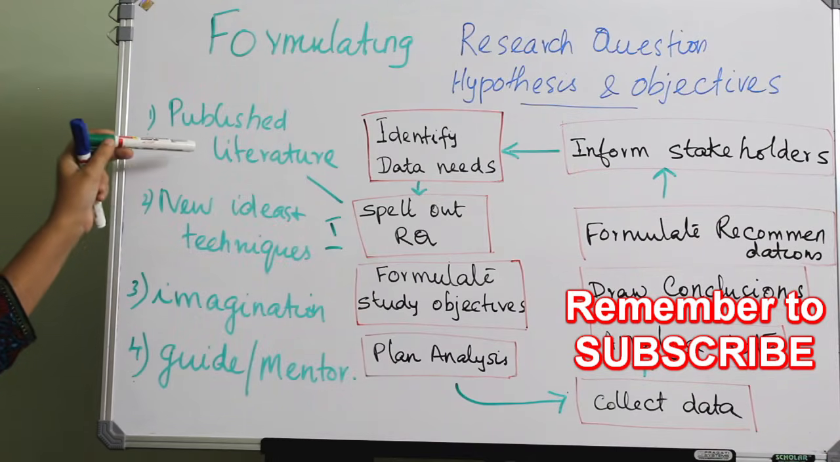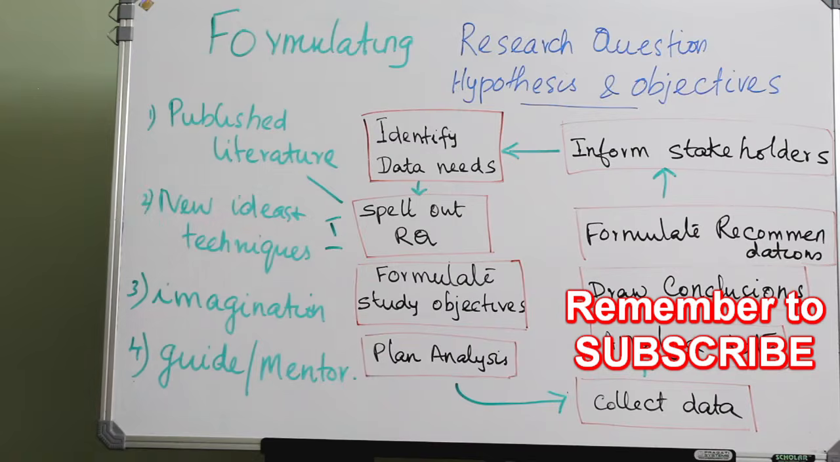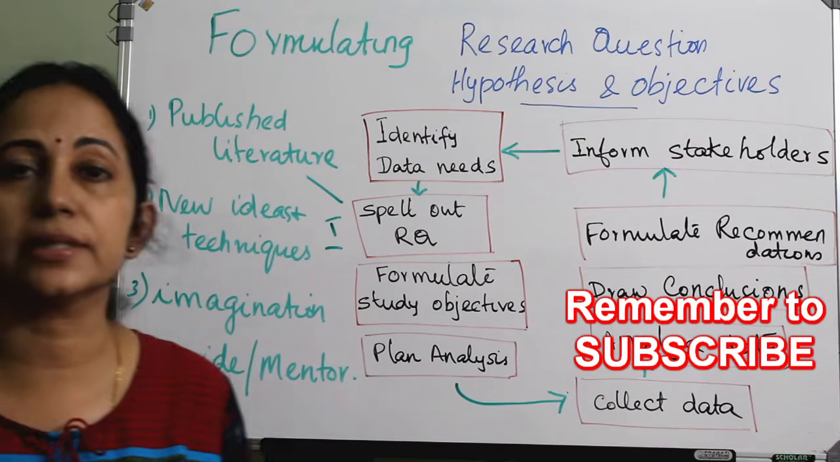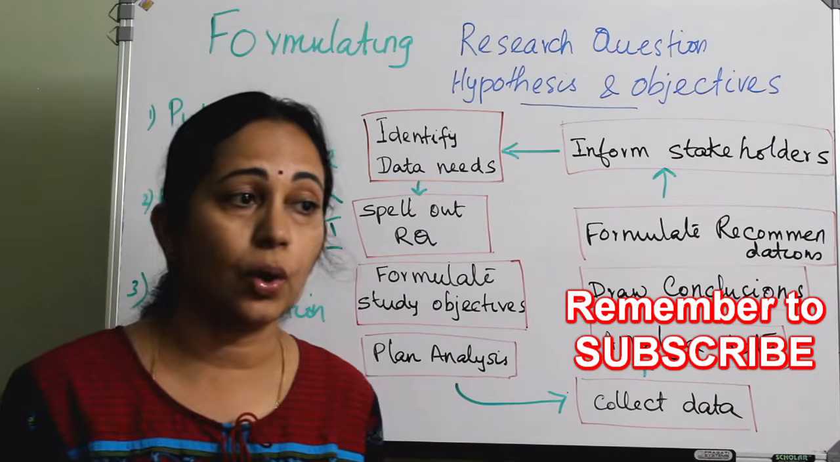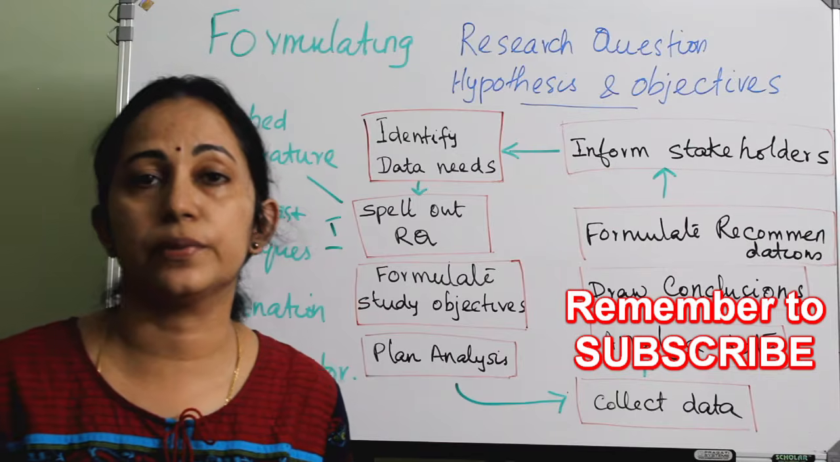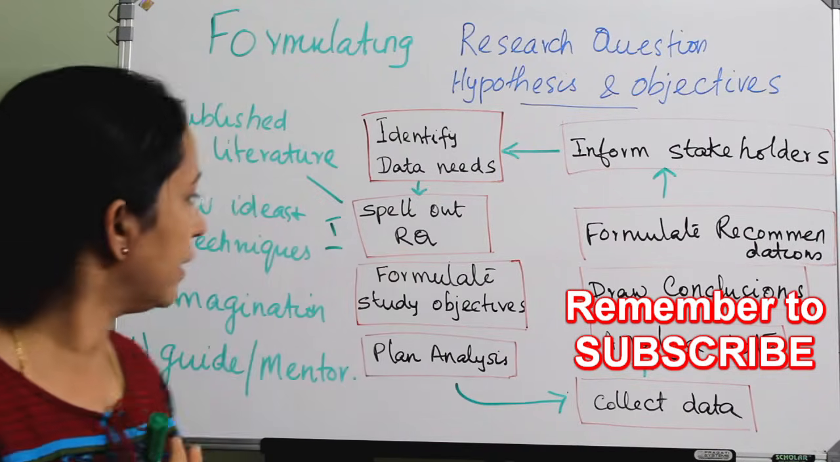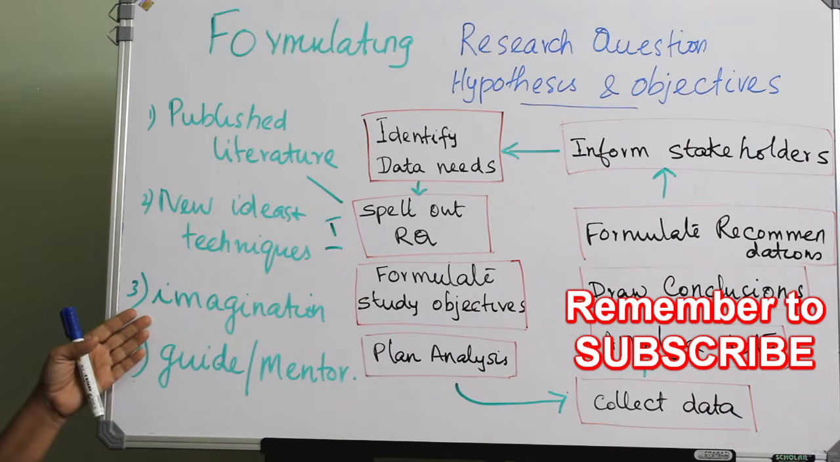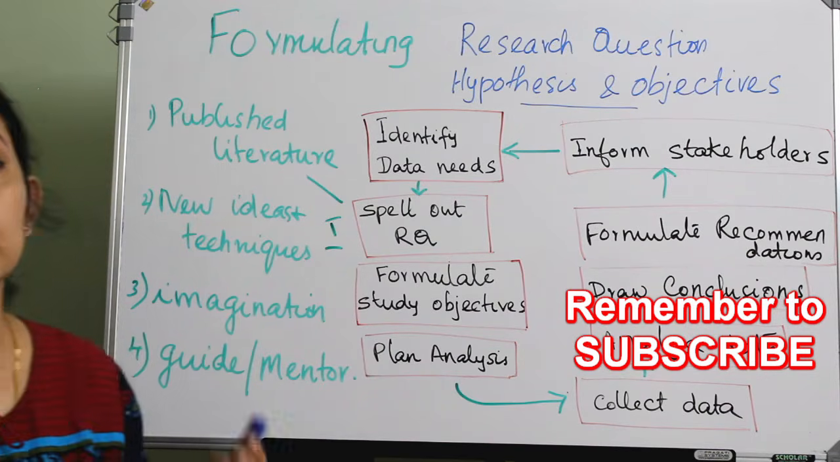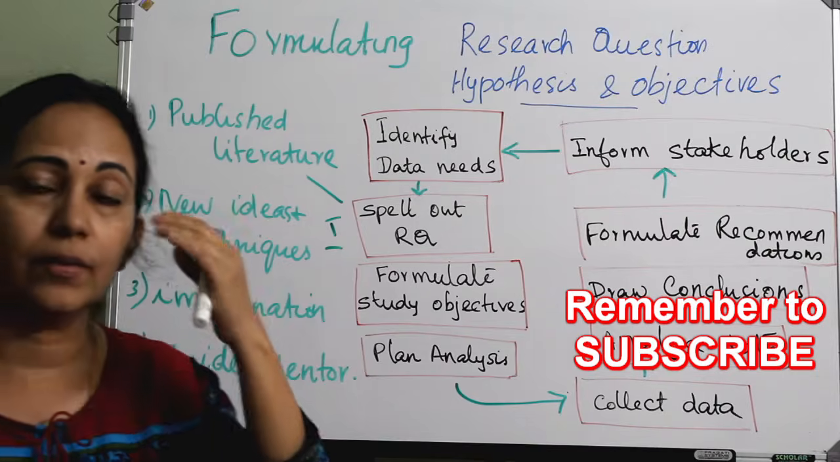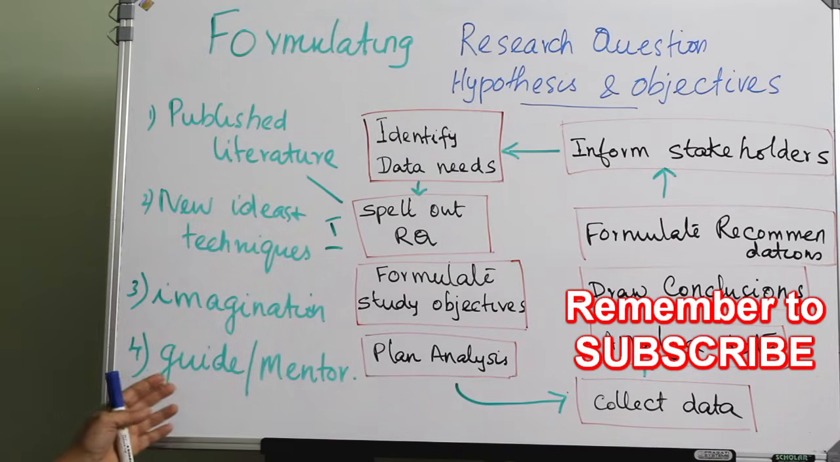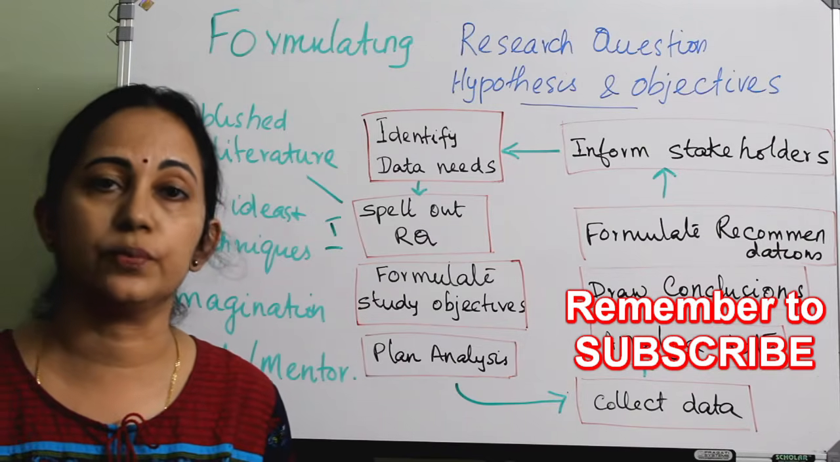It can be in published literature. A thorough literature review will help you to find a research question, or it can be new ideas and techniques. You will get that by attending research conferences, workshops, or thorough observation of the general population, prevailing beliefs, etc. and also imagination. The researcher should always try to roam his imagination so that he can find some new technologies or techniques, and sometimes the guide or the mentor will also help you to find a research